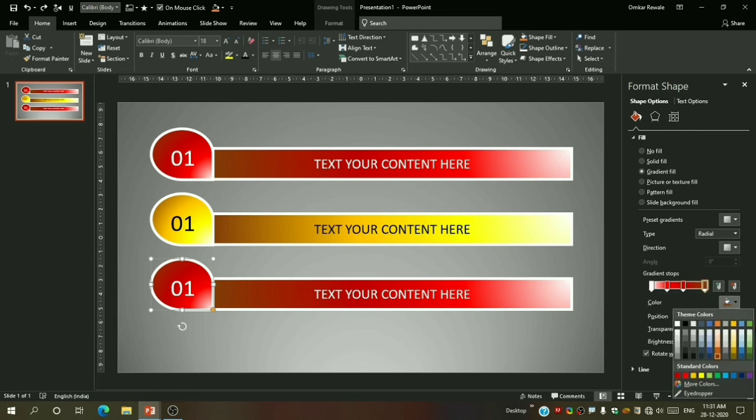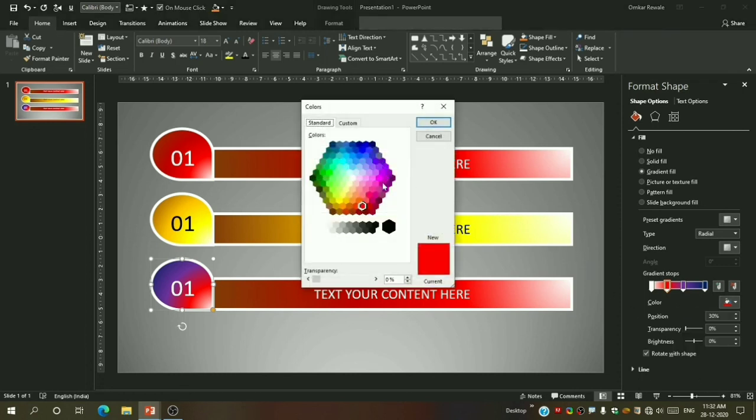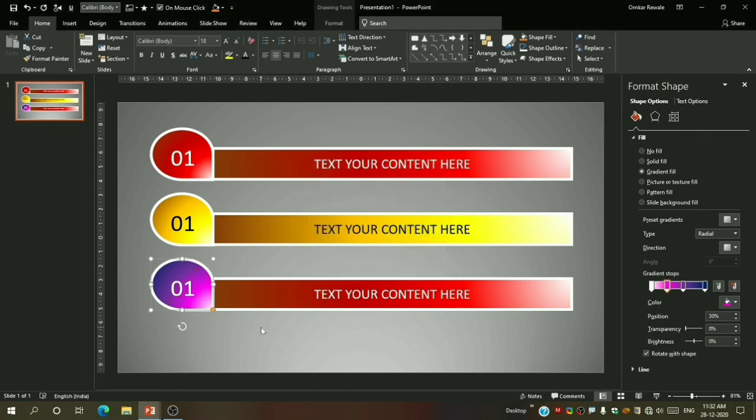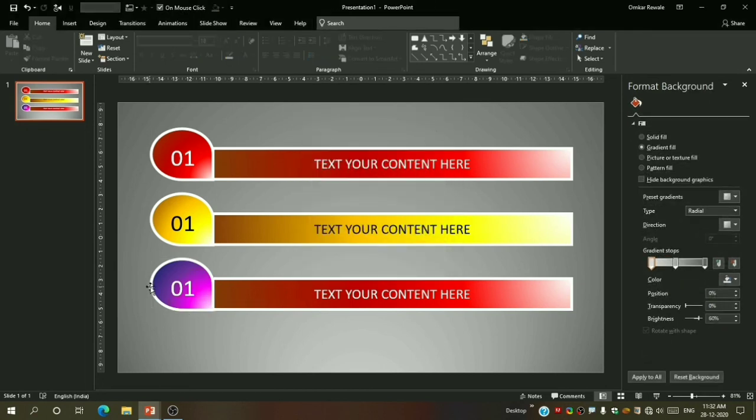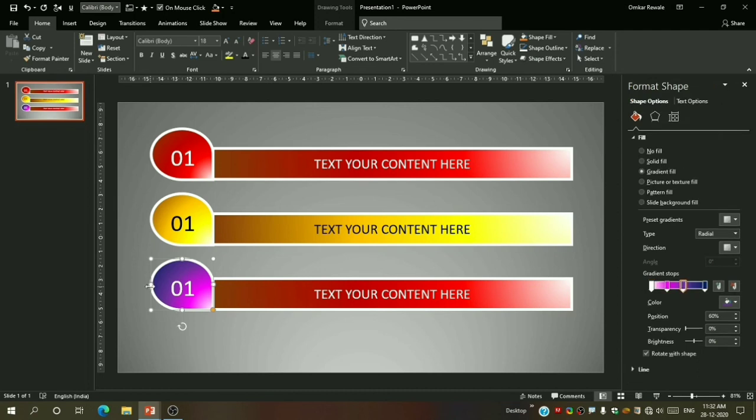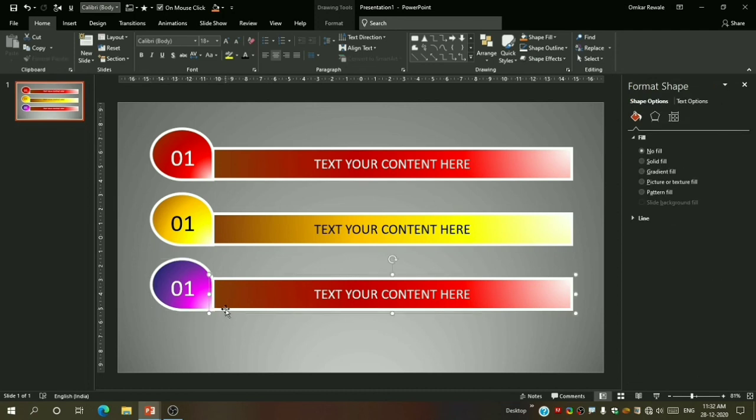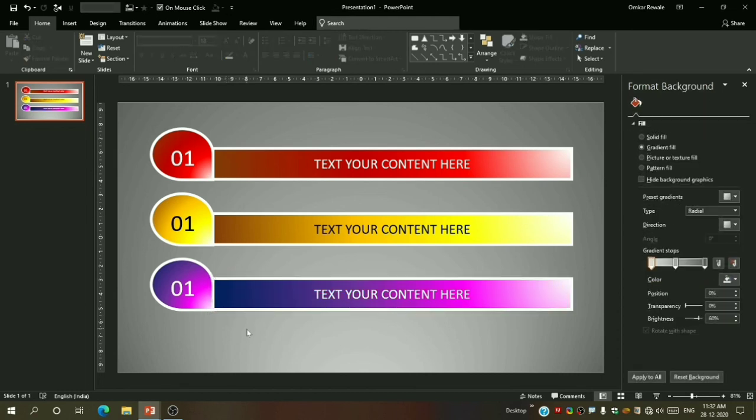Let us this time take this. Let me choose this color from more colors. Maybe let me take this one. Okay, and done. I will again press Ctrl plus Shift plus C, select this shape, Ctrl plus Shift plus V, and done.